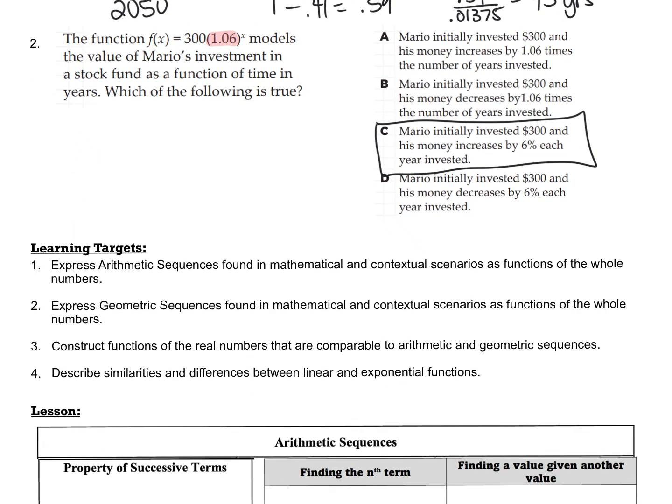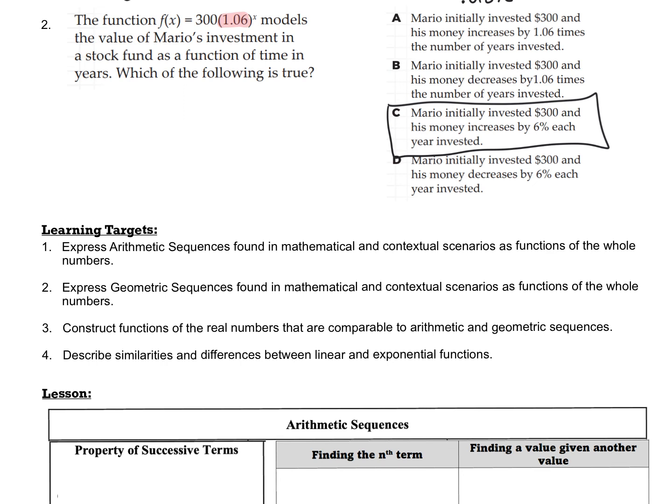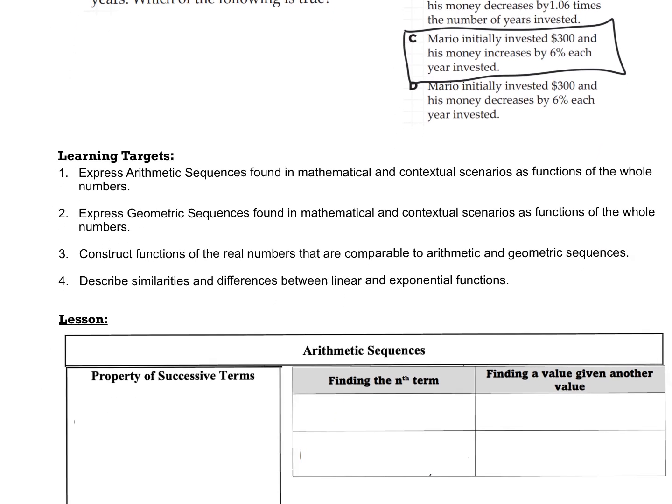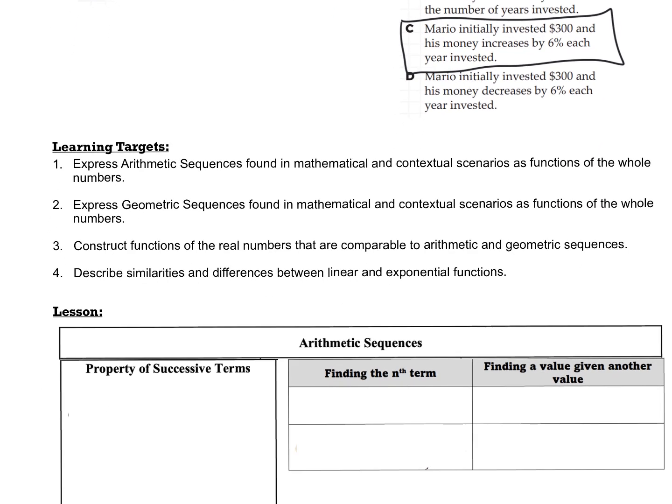We're going to talk about arithmetic and geometric sequences, mathematically and in context, and then construct functions that are comparable to arithmetic and geometric sequences, and then talk about similarities and differences between linear and exponential functions. So like I said, I hope a lot of this feels like review, but